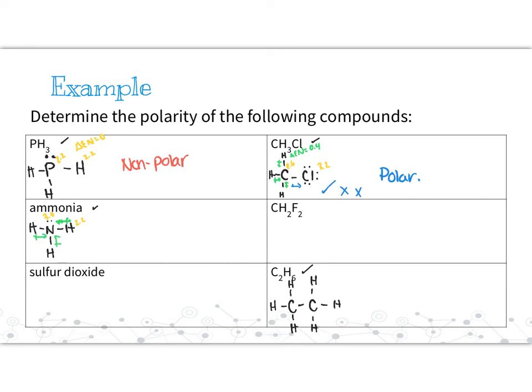Okay, starting at the top, does the molecule have polar bonds? Yes. Are there lone pairs on the central atom? Yes. Therefore, this is polar. So that was a yes and then a no, and that was just straight up a no. All right,